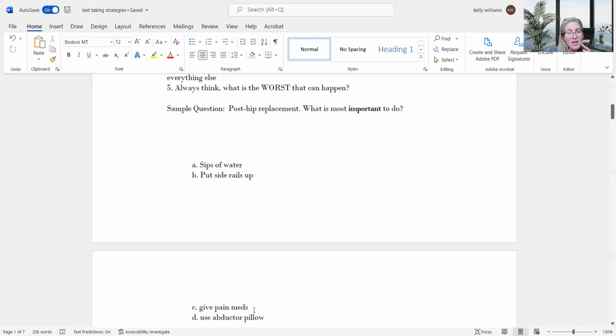Give pain meds. Okay, they're likely in a lot of pain, right? What's the worst that can happen if you don't give pain meds? They're going to be in a lot of pain, right? And are they going to really seriously hurt themselves or die from even a 10 out of 10 pain? I don't think so. Using this abductor pillow, it's really important to follow the doctor's directions, make sure they're comfortable,